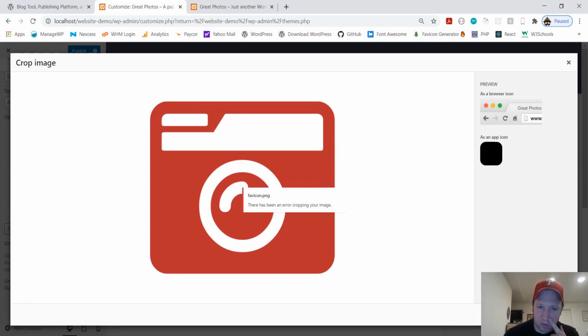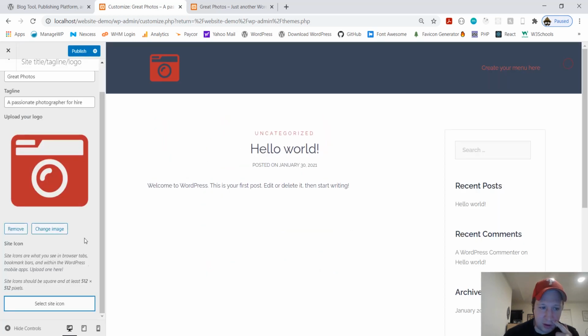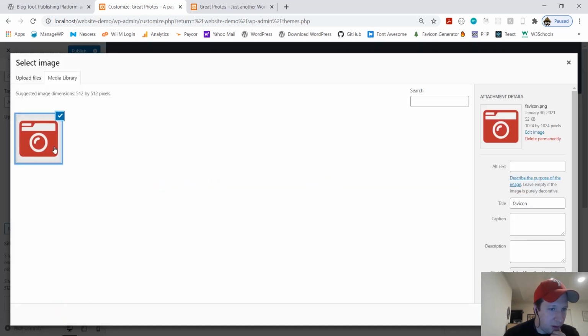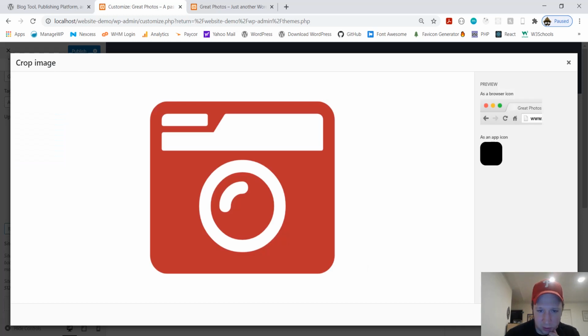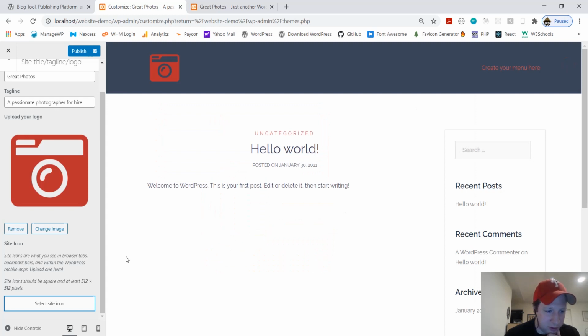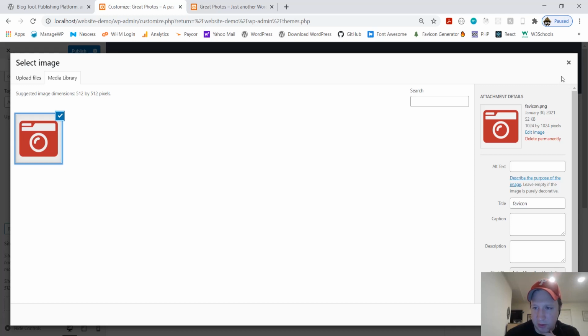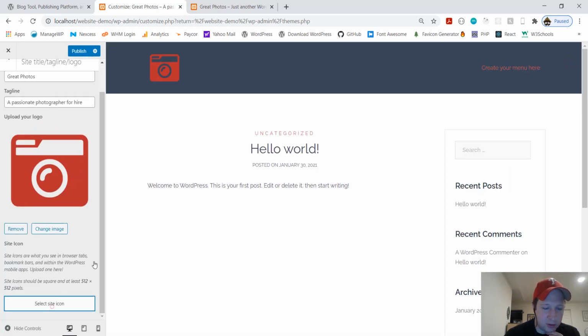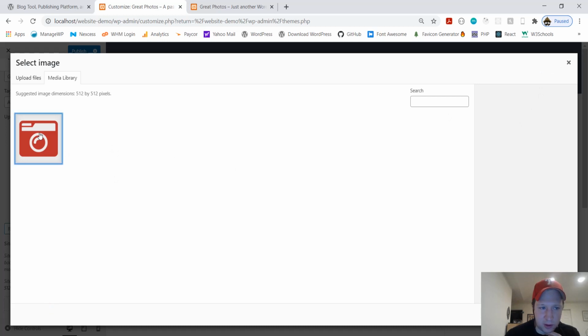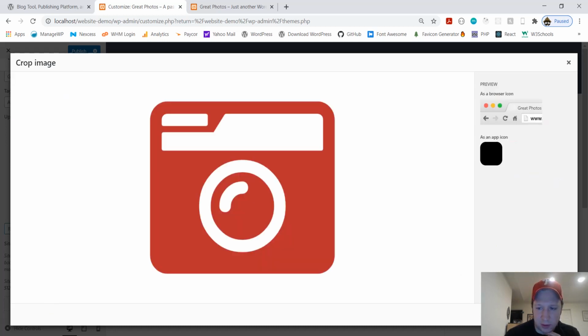Crop image, it'll be fine. There's been an error cropping your image. No. Sorry, let me do that again. Here, select. Okay. Sorry guys, 512 by 512, it's exactly right. Oh no, it's too big. All right, I don't feel like changing the size of it. So anyway, just upload that the exact same way. It's giving me a hard time. Anyway, so just upload it. It works exactly the same.